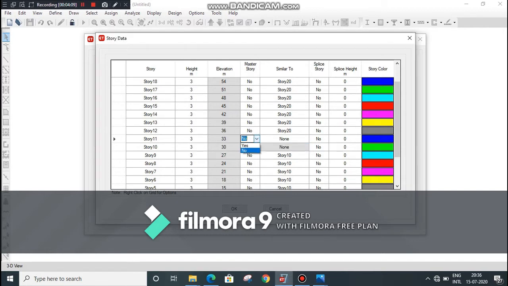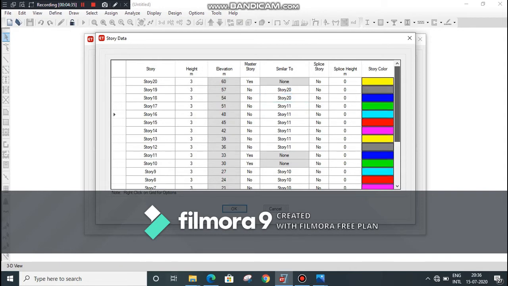Select story 11 as master story and stories 12 to 16 as similar to story number 11. Stories 17 to 20 are all similar, therefore select story 20 as master story and stories 17, 18, 19 as similar to story number 20.